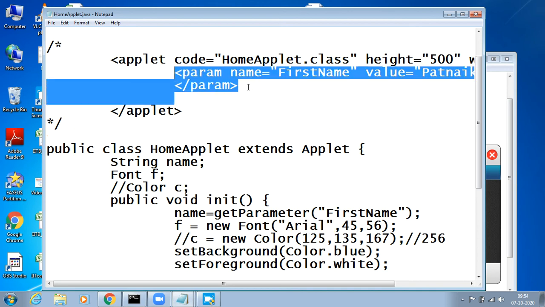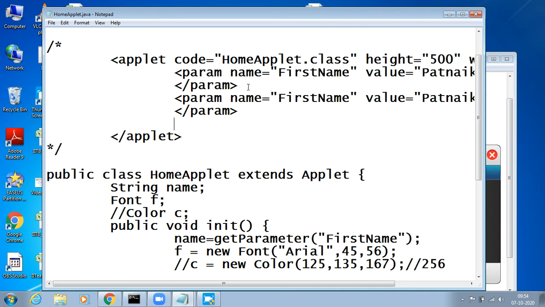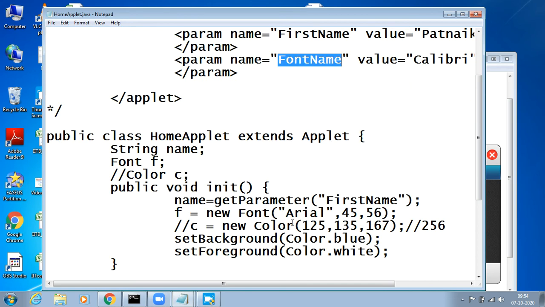Take another parameter here, say copy and paste, and instead of first name, I say font name. I want to give the font name as Calibri. Now there is another parameter, and I want to access this parameter also. So instead of Arial, I want to replace it with Calibri.